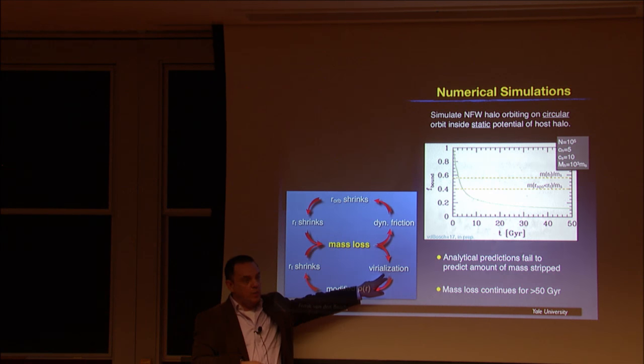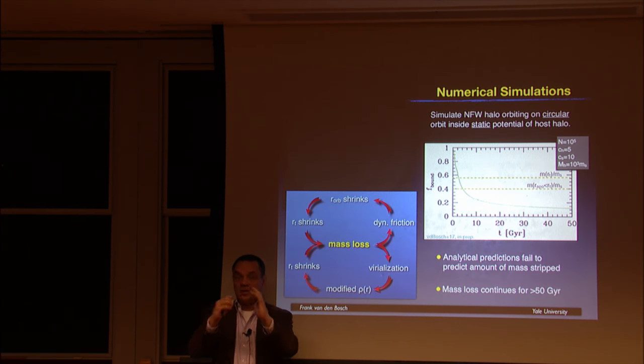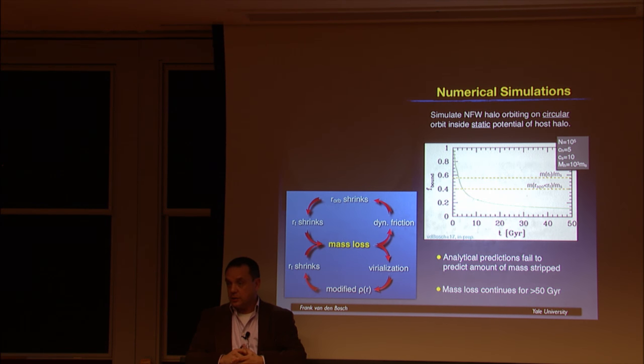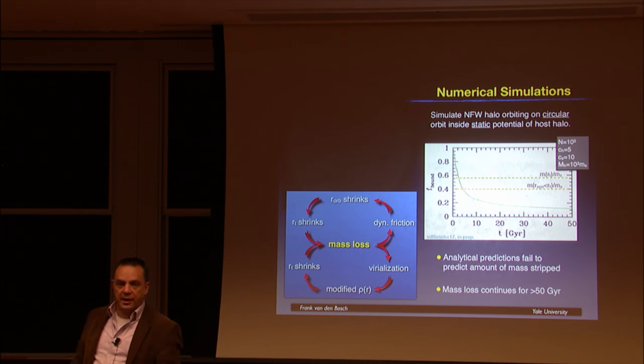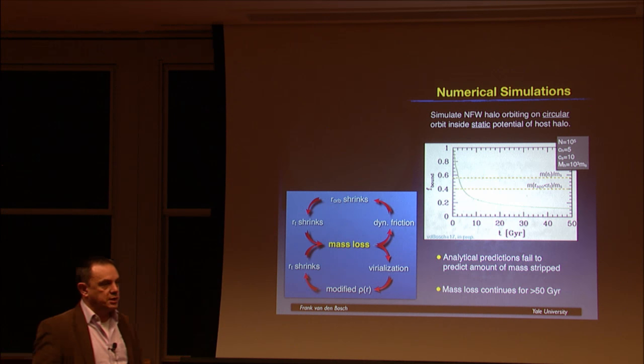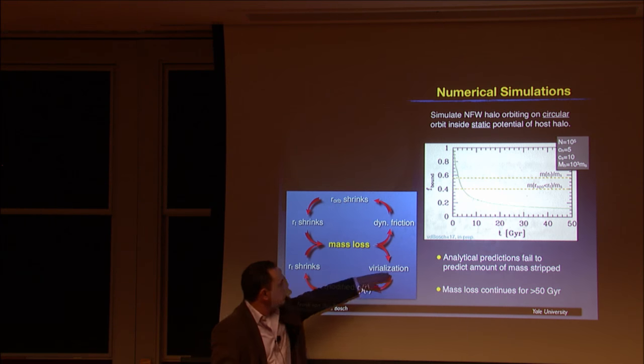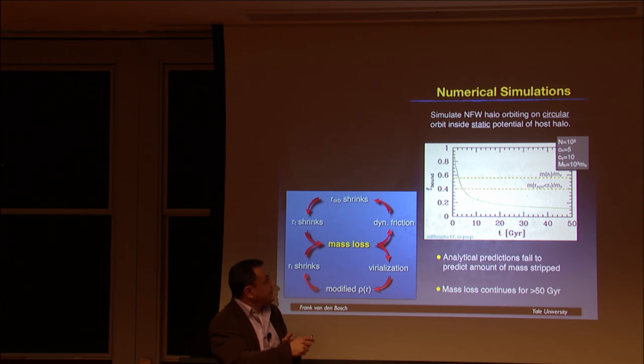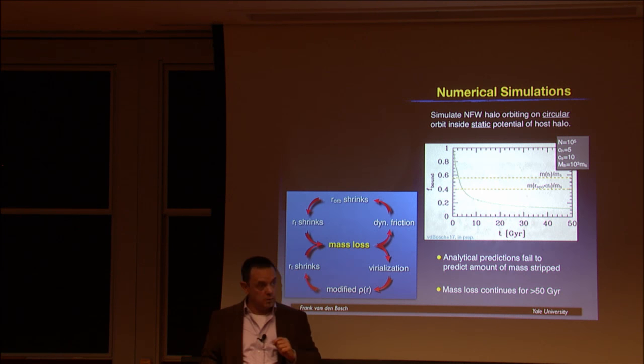This part we can't treat analytically. We don't know from first principles how to calculate, once I strip off some mass, what the density profile of the system is going to be after it revirializes. We can't calculate that. People have tried things assuming adiabatic invariance and so on, but it's only approximate at best. This is not something that we can analytically predict, and therefore I cannot make an analytical prediction of what this should be.